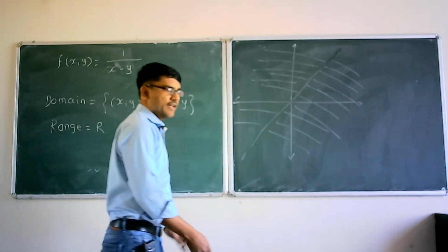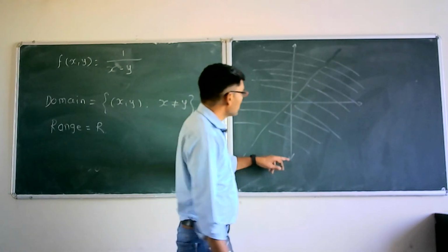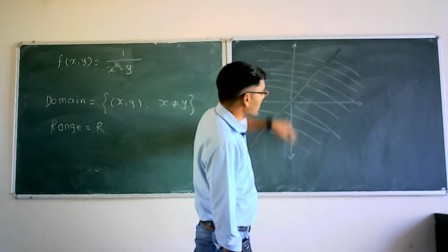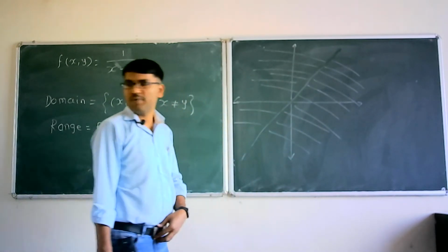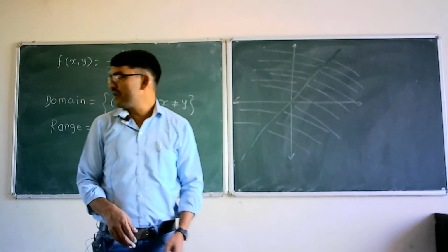आणि मग रेंज काय येणार आहे? रेंज जर तुम्ही पाहिलं तर ही कंप्लीट रियल लाईन येते बघा. So range is what? Complete real line. Now next